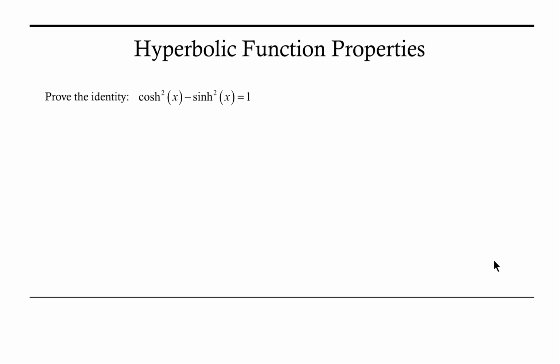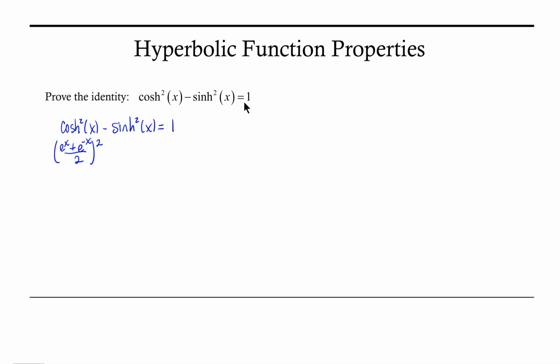As these identities resemble those from trigonometry but are different, let's go ahead and take a look at proving one of the identities. Let's take a look at cosh squared minus sinh squared equals 1. So to get started, cosh squared of x minus sinh squared of x equal to 1 is what we want to show. Now cosh of x is e to the x plus e to the negative x over 2,